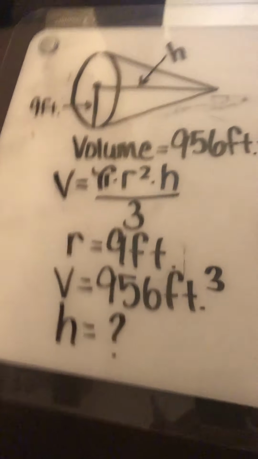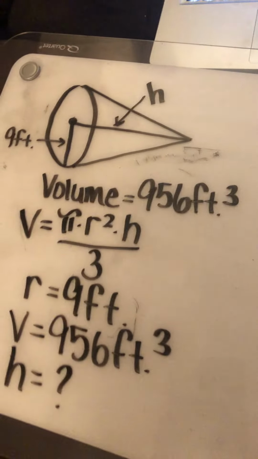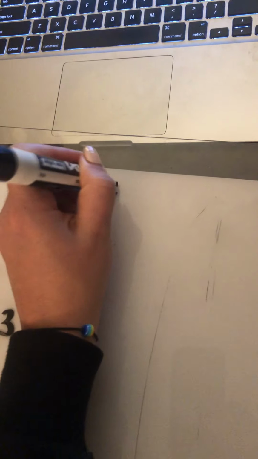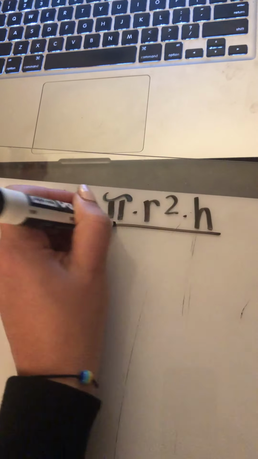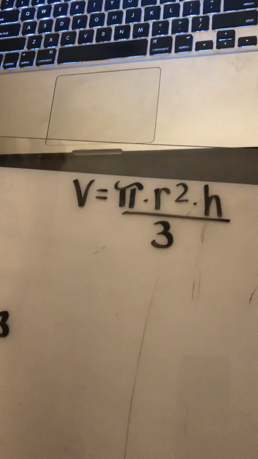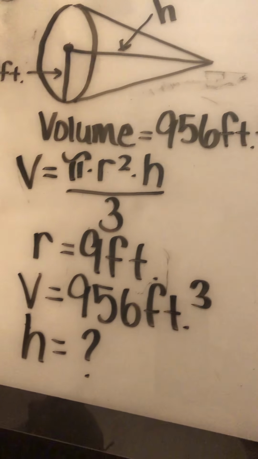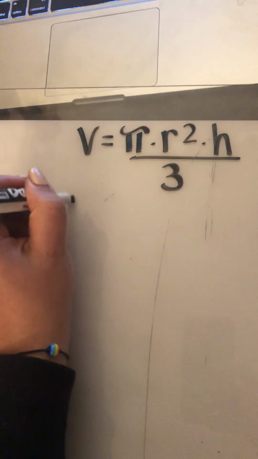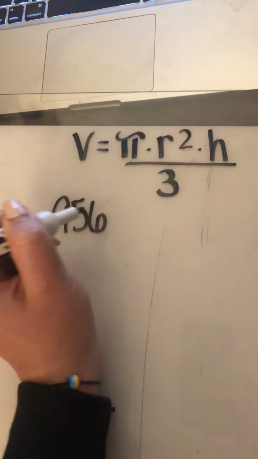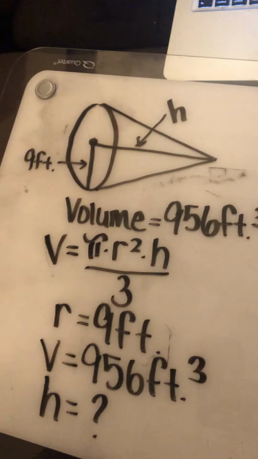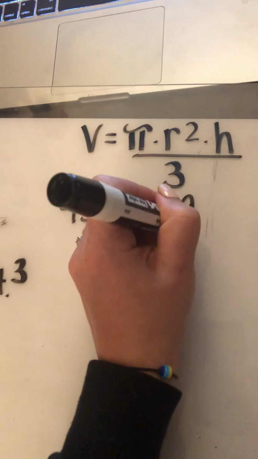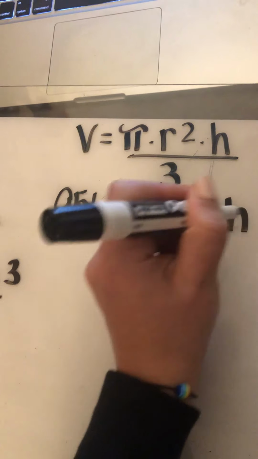Okay, so let's start calculating. I'll rewrite my formula up here so we have room. V equals pi times r squared times the height over 3. Okay, I'm going to plug in the information we just listed. So my volume is going to be 956 equals pi times, my radius was 9, so 9 squared times the height